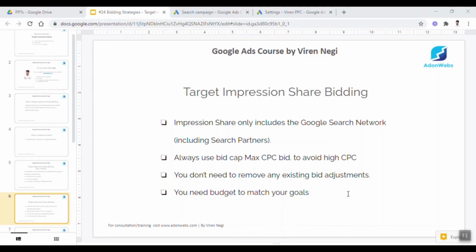But if you have set a mobile bid adjustment, then it will work. And you need a budget to match your goals. If you choose absolute top or top of the page and select 100% impression share, then you need that amount of budget to achieve those results.